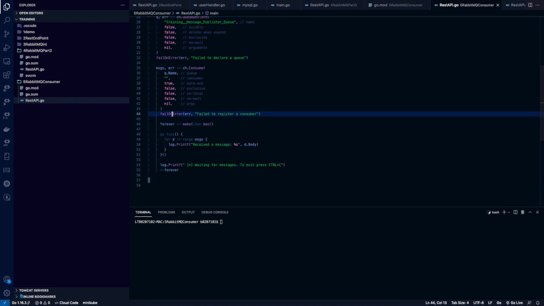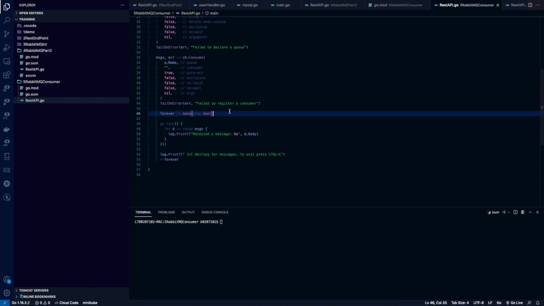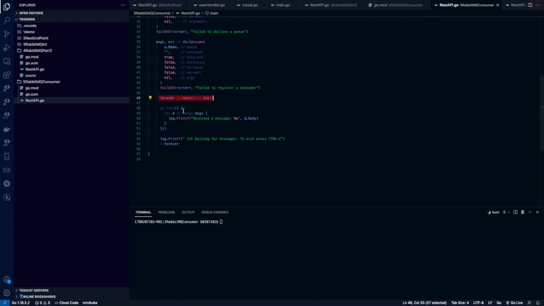Okay, and this is the error handling. This is actually making a connection pool, right? And then this code is creating a loop that will continuously read the messages from the queue.